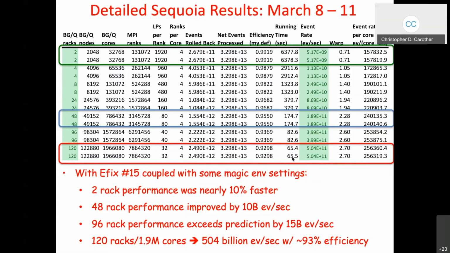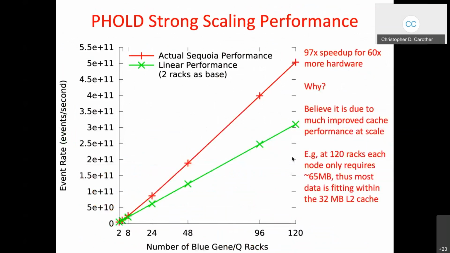And again, this gets back to the fact that with this strong scaling result, we were only running at 120 racks. We were only using about 65 megabytes of the 16 gigabytes of memory available in the system. It's a relatively small model on a per node basis. And so we were fitting most of that within the L3 cache, and we were getting a tremendous performance benefit from that. And so to this day, we've not seen better performance than 500 billion events per second, even on the modern supercomputers of today,